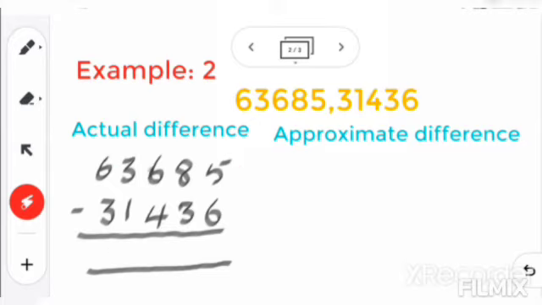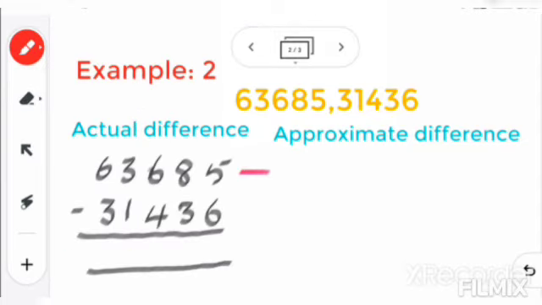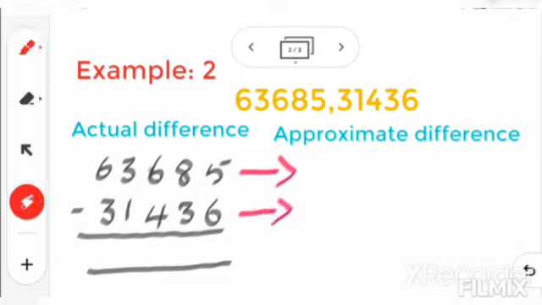So now this also you have to round off to the nearest 1000 only. Okay, so in this exercise, all the numbers you are going to round off to the nearest 1000. So I am going to round off to the nearest 1000. To round off to the nearest 1000, you have to observe the number in the hundreds place. So here in thousands place we have 3.